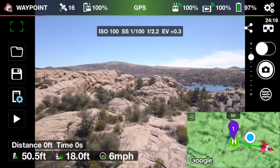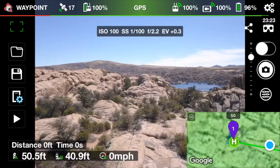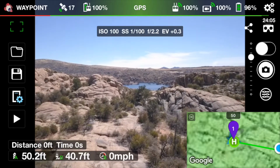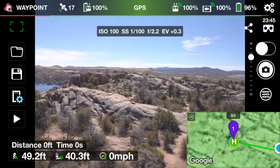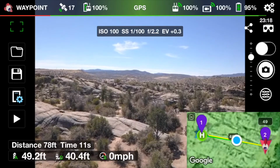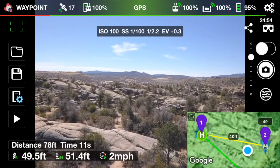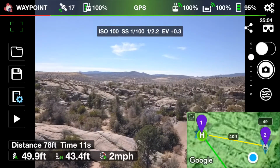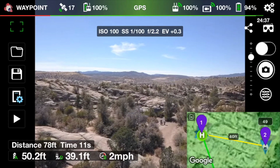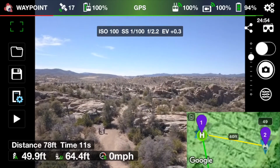I'm going to move the drone on ahead, right over the trail. And the drone is currently at 50 feet. So I'm going to turn the drone, mark this as a waypoint, and start flying the drone forward. I'm going to get a little further behind the drone just so that we're not picking up as much with the drone. So I'm just going to now fly it forward a little bit, turn it to